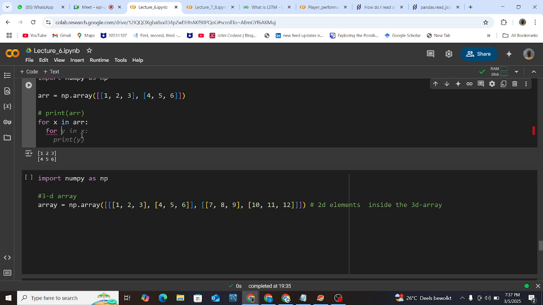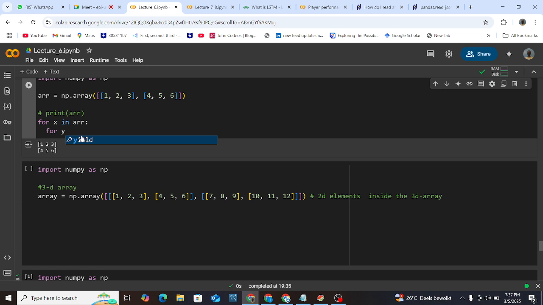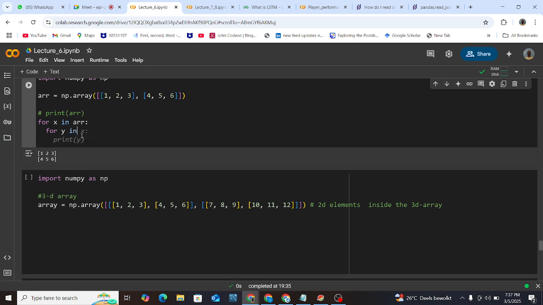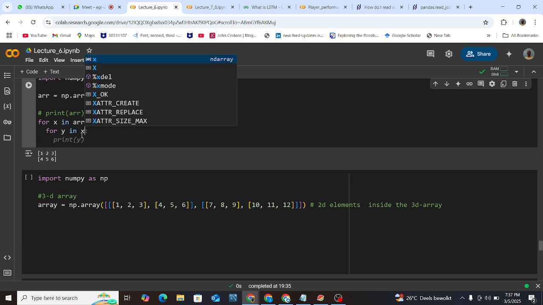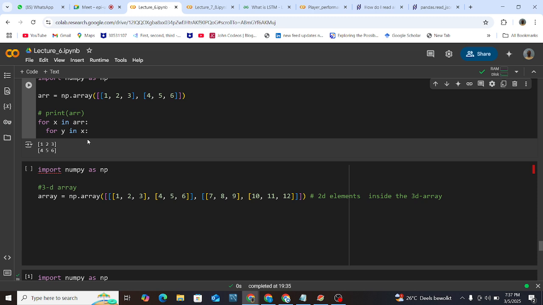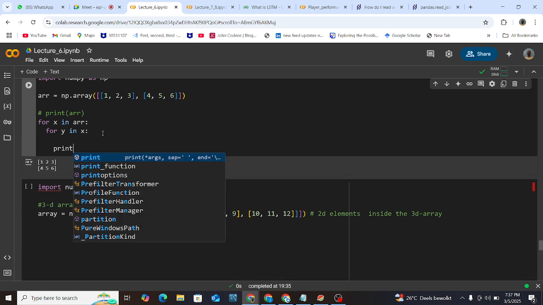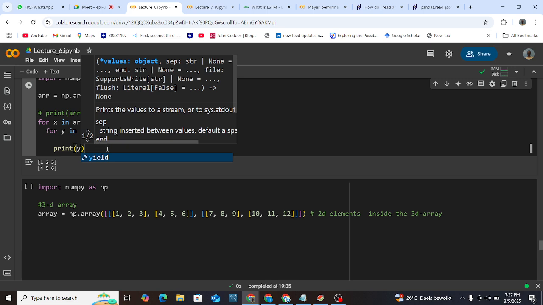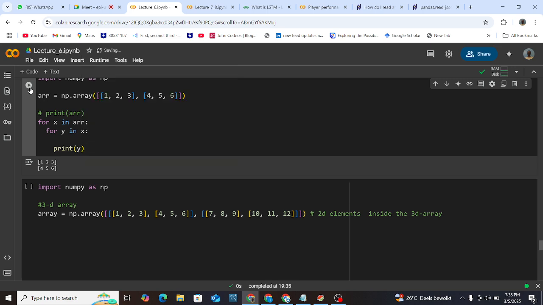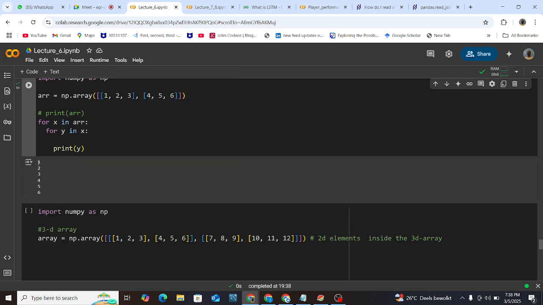So we can use for y, or any other variable that you feel like using. And then let's print y. So if we run this, you notice that now we're able to read